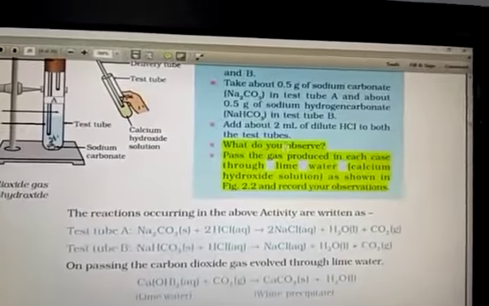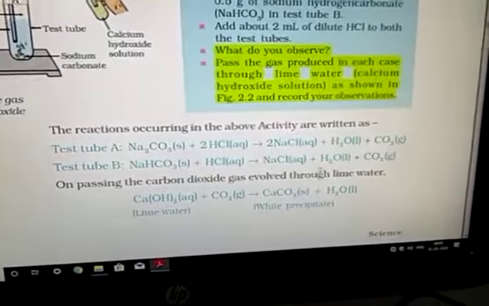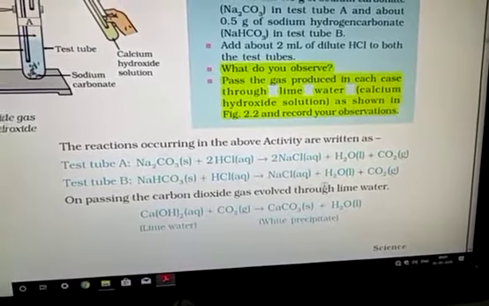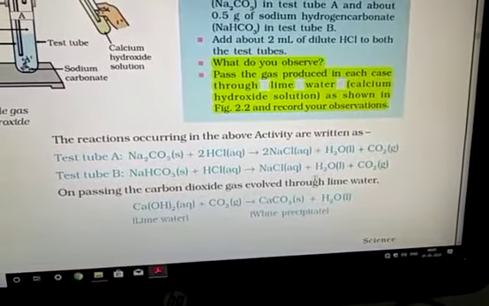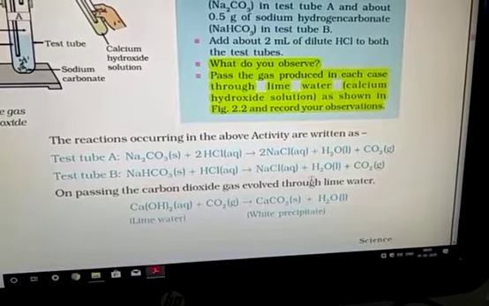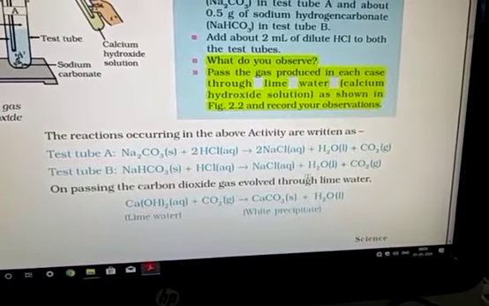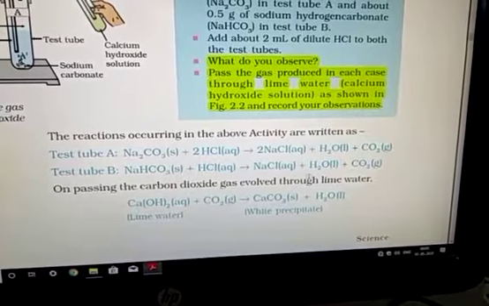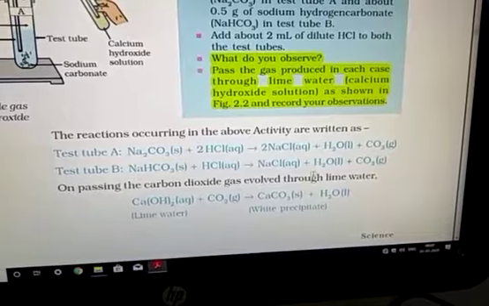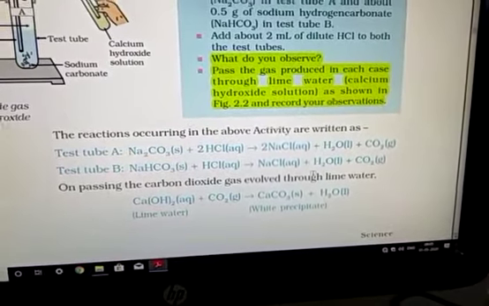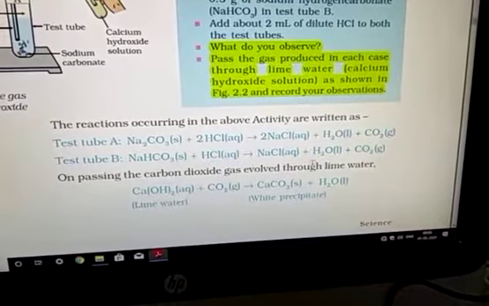Initially you have two test tubes. So the reacting test tubes are two, test tube A and test tube B. In test tube B, sodium bicarbonate reacts the same way with HCl, giving NaCl, H2O plus CO2. That is the general reaction: sodium bicarbonate plus acid gives salt plus water plus carbon dioxide. So what is the general equation? Metal carbonates and bicarbonates both react with acid, giving salt plus water plus CO2.